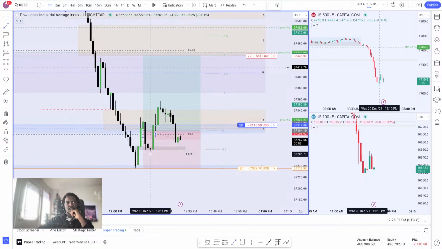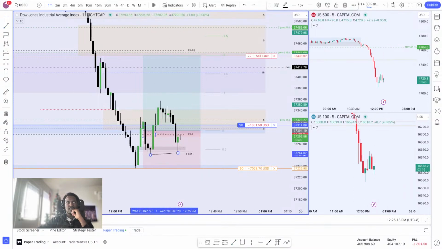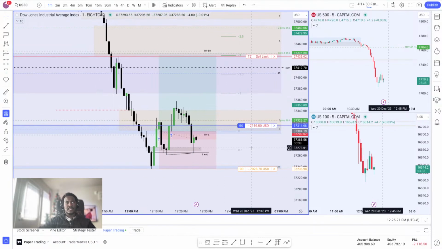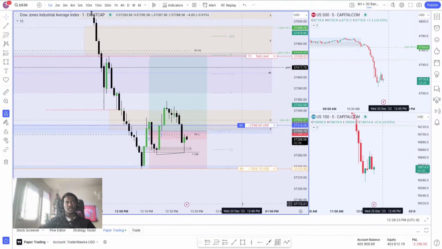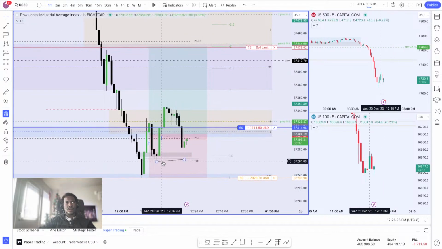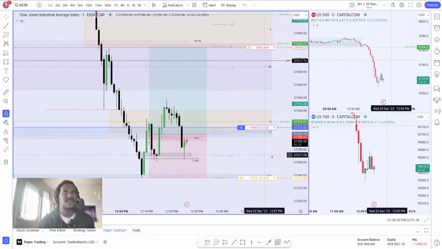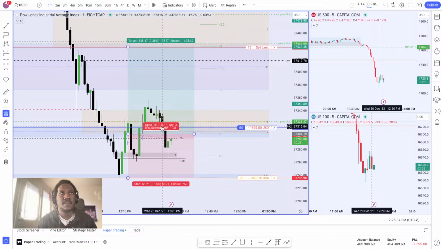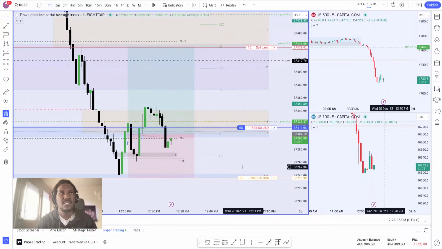Look at those two lows over there, too close to each other. Relative equal lows over there. I mean, we can still go up and then they'll come later, but that right there is not so good. Too many levels, let me get rid of that. And then we have this fair value gap here. If we can close above it, that would be nice.